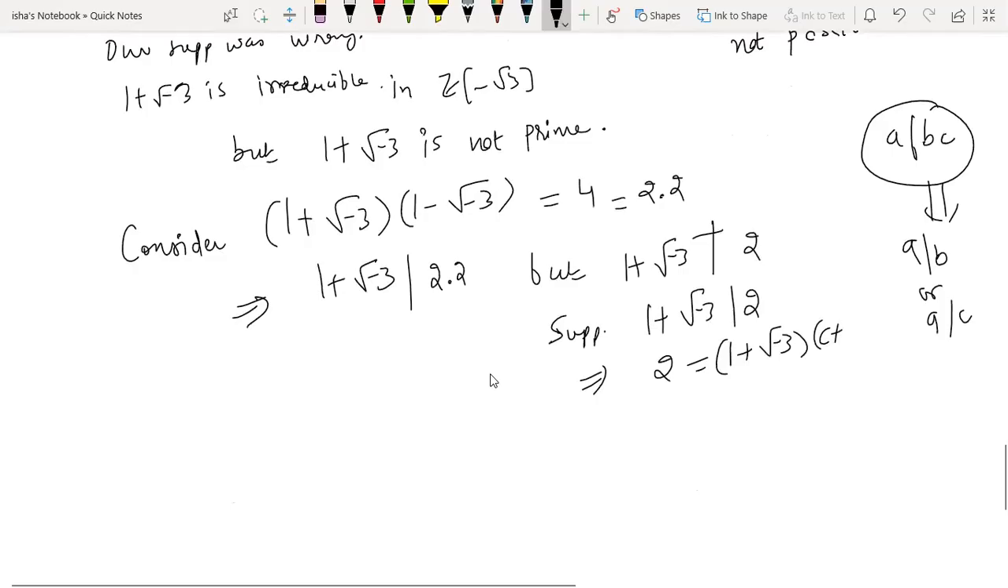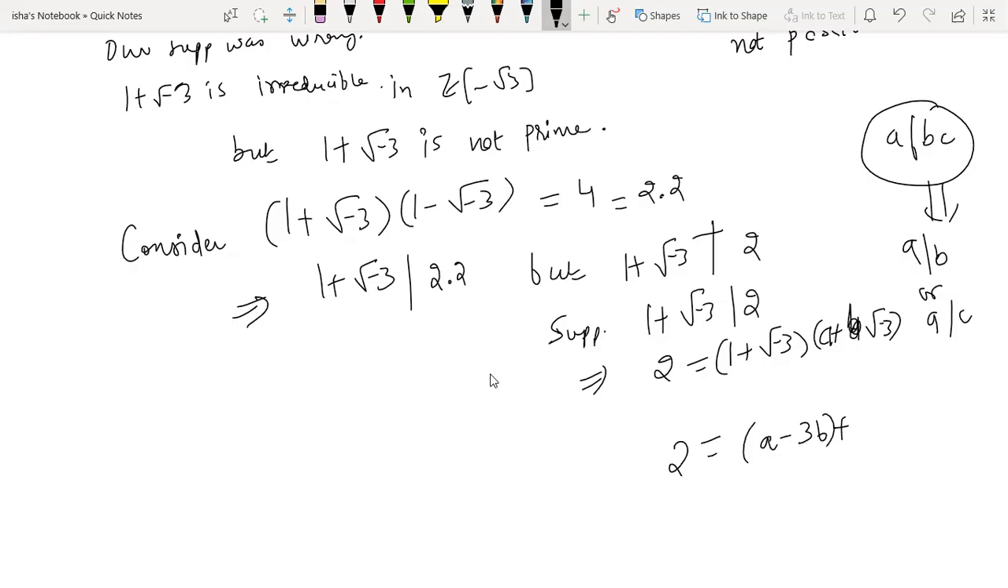If it divides 2, that means there will exist some a plus b square root of minus 3, so that on taking the product with this factor, the answer will turn out to be 2. Right? So now what is the calculation on the right hand side? You will get a minus 3b